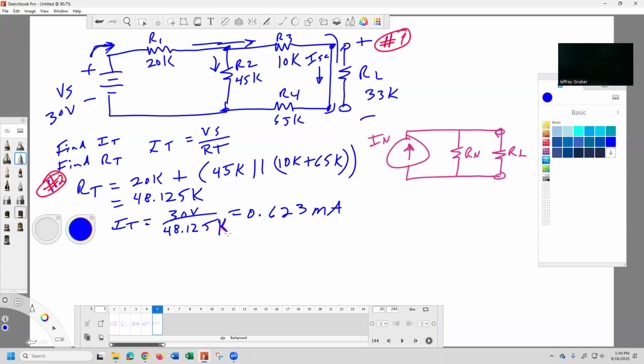So I've been giving this lecture for 2 years and no one told me I made a mistake there. I have to check. No, it's right. It's the right answer. 623 microamps. Yeah, 0.623 milliamps. I just didn't see that you put a decimal place in front of the 623. Okay, so